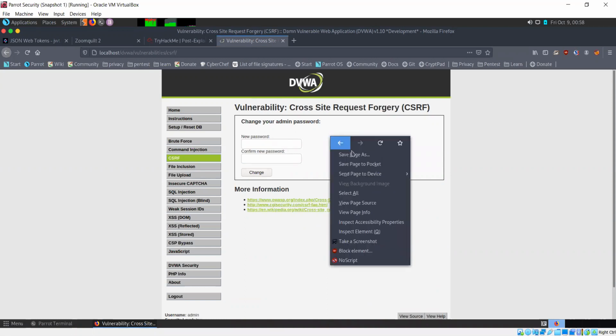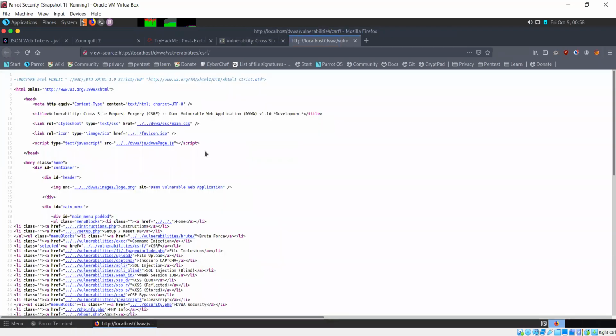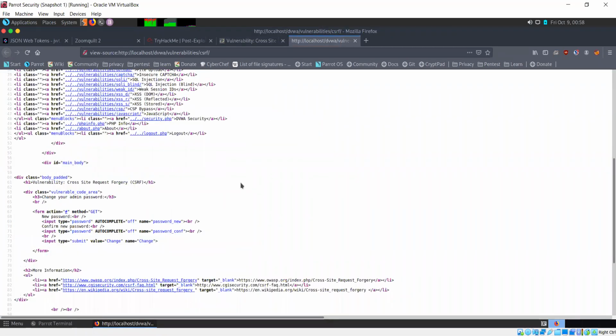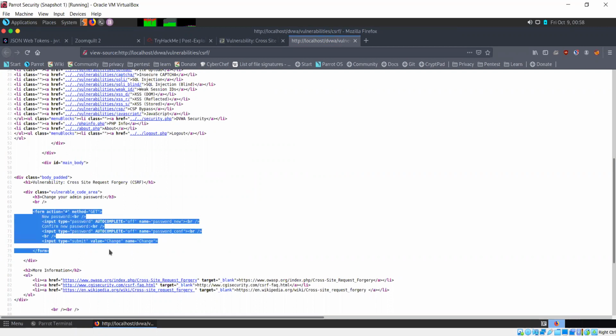Now if I take a look at the source code for this, this is what I need, this form which asks for the password. I can simply copy this, and what I'll do is I'll create a new file.